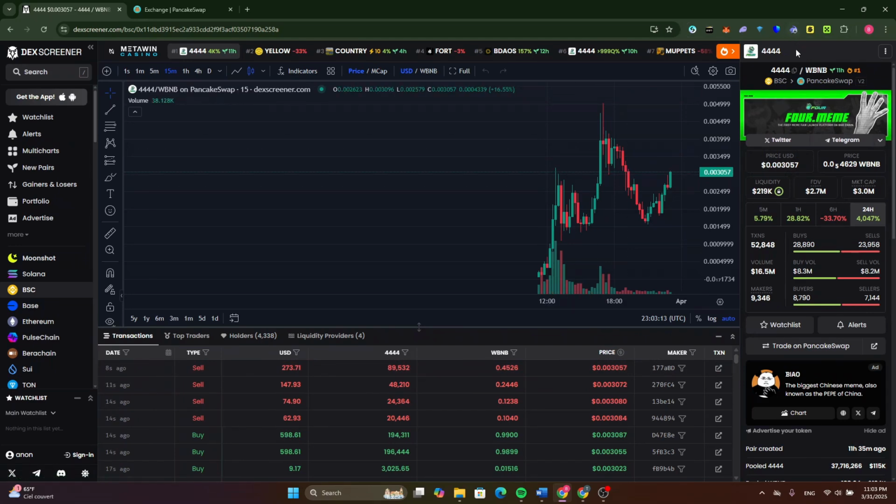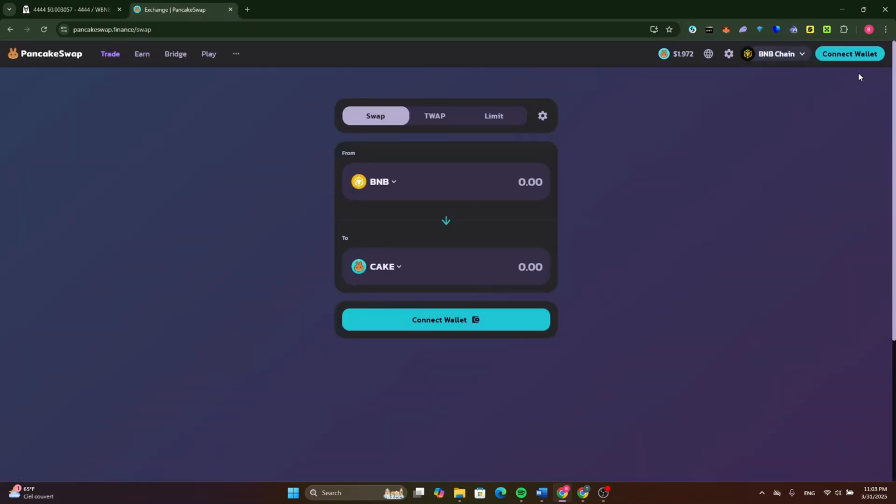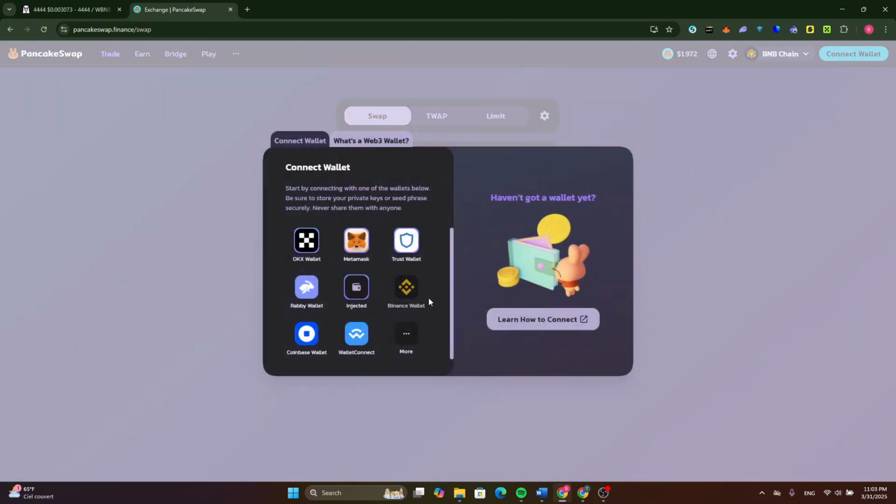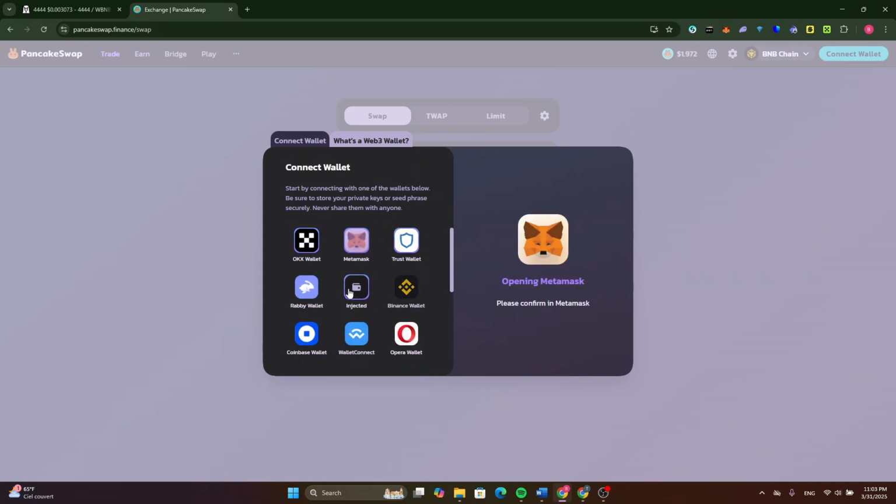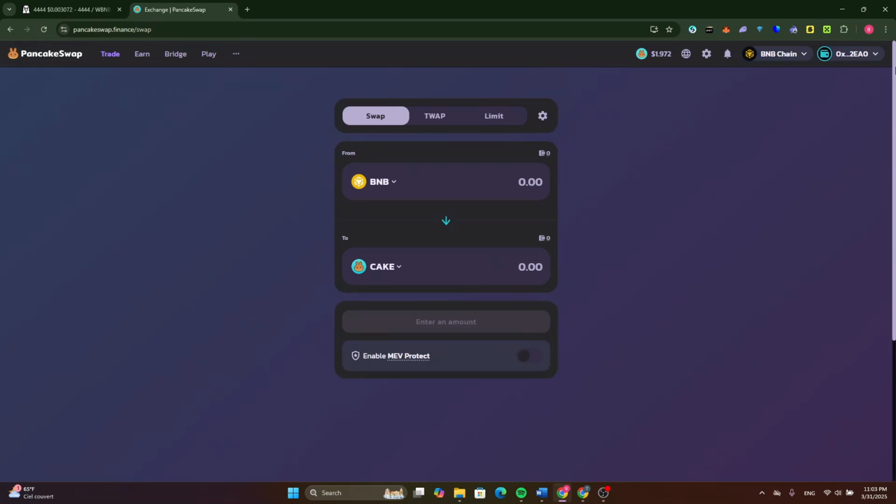Now, to be able to buy this token, we will use PancakeSwap. First of all, connect your wallet. Now, select your wallet from here. If you can't see your wallet here, click on more to expand this. After you select your wallet, I will use MetaMask or OKX, as you can see. So after you connect your wallet, if you can see your token here, go back to the token page